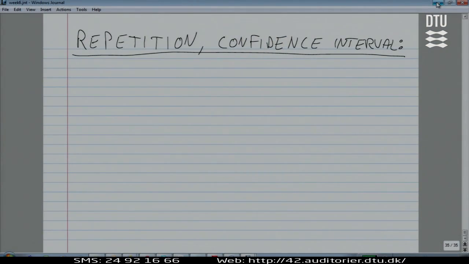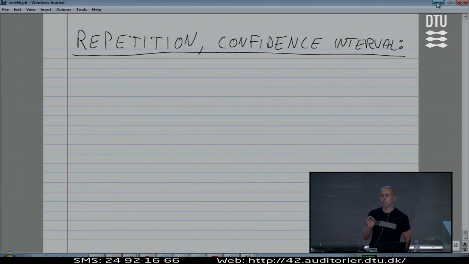Let me repeat what we did last time. We did something very important for our little course here. I introduced to you the concept of a confidence interval. The confidence interval is one of the two key tools in doing what is the key issue of this course, that is doing statistics, which I translate many times as looking at numbers in an intelligent way, rather than just looking at the numbers, right? So that is what statistics is really about. And one of the tools to do this is the confidence interval. I gave you the confidence interval for a mean.